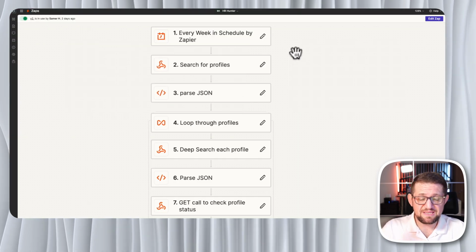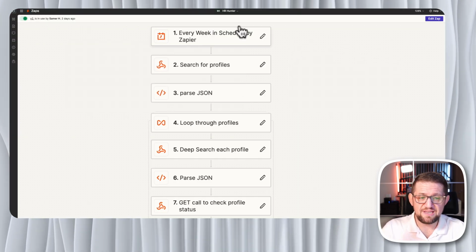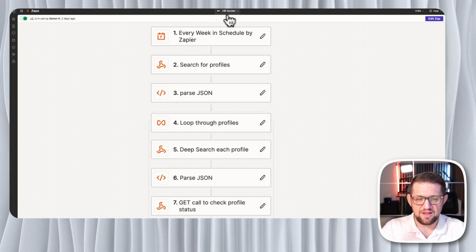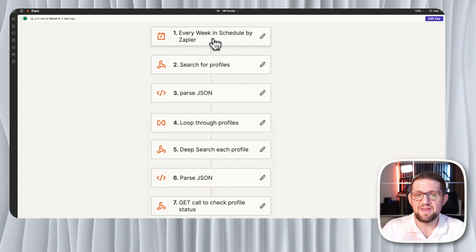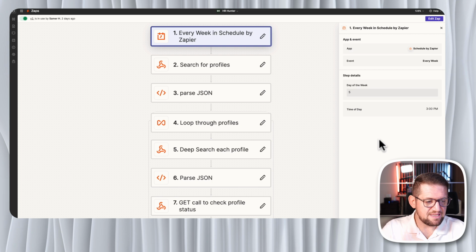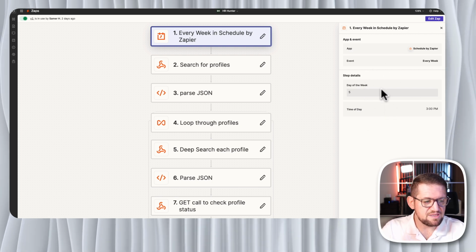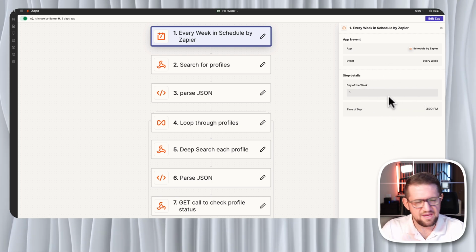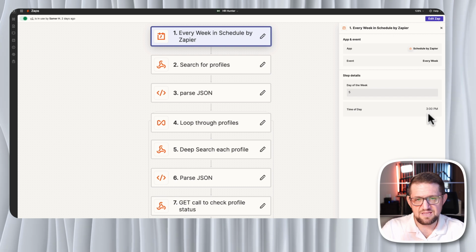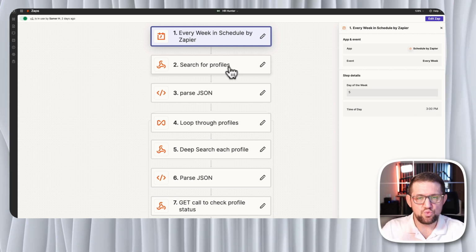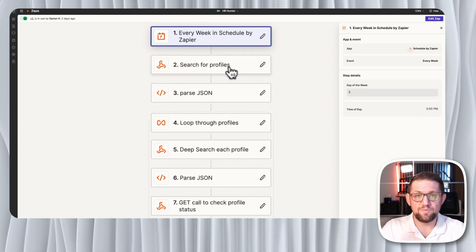Okay, so this is my automation, and ironically, I called it the HR Hunter. This is something that runs weekly. So you can see that step. It's simple, it just runs on day 5 of the week, which I think is a Saturday, and it runs at 3 p.m. So the main tool, the main capability behind this automation is